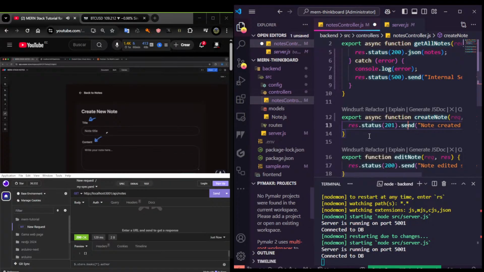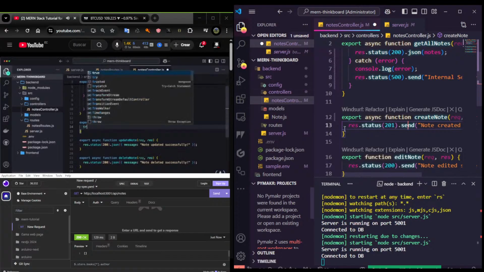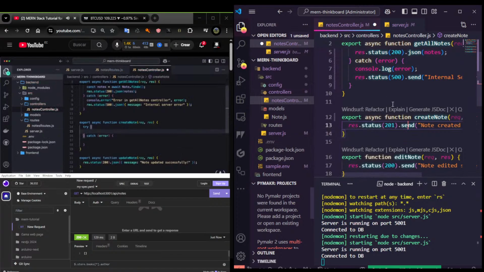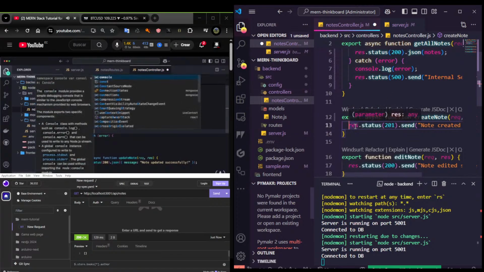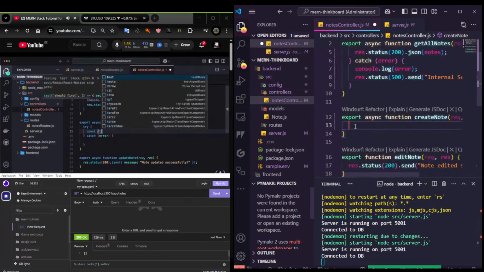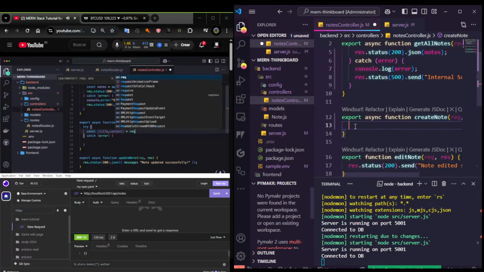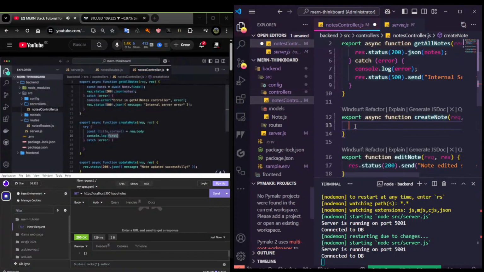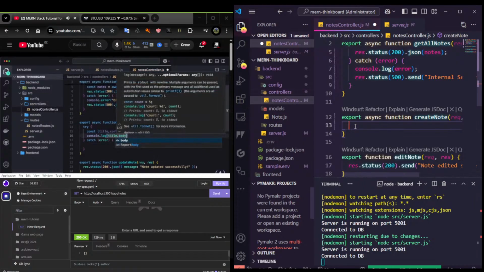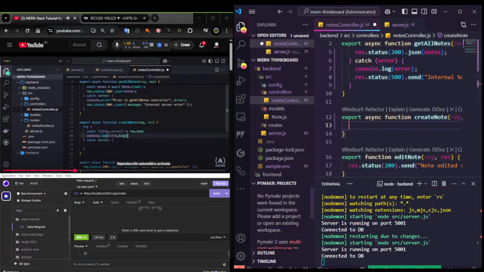So how do we get these values from the user? So we'll go under the VS Code. Let's first get the try catch block. So let's say we'd like to grab the title, restructure, let's say title and content. This is gonna be coming from request.body. But if you try to say console log the title and the body, by default this would be undefined. So to be able to use this in this